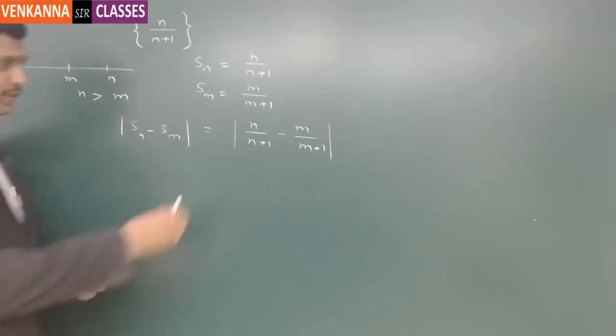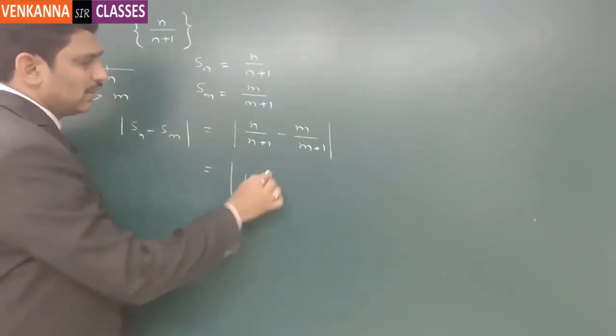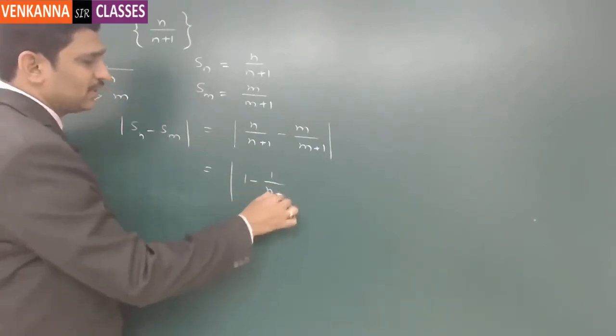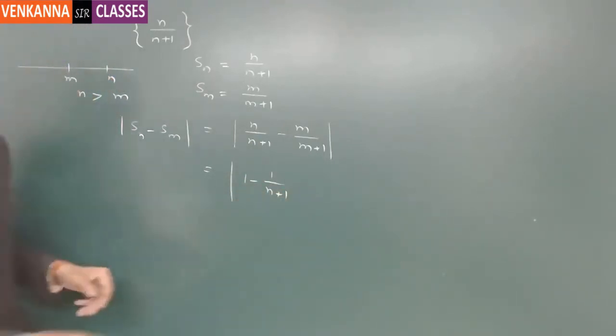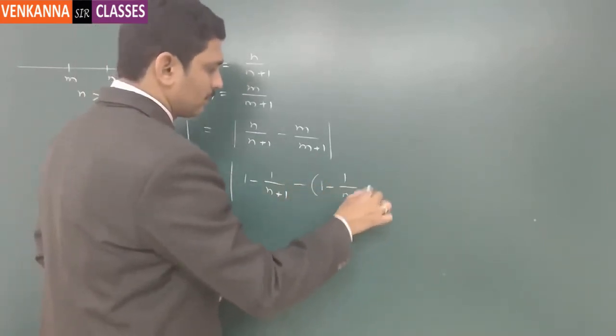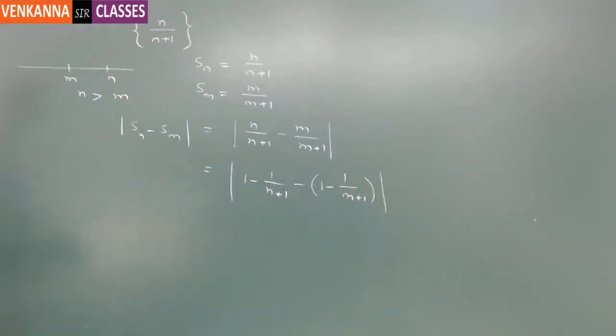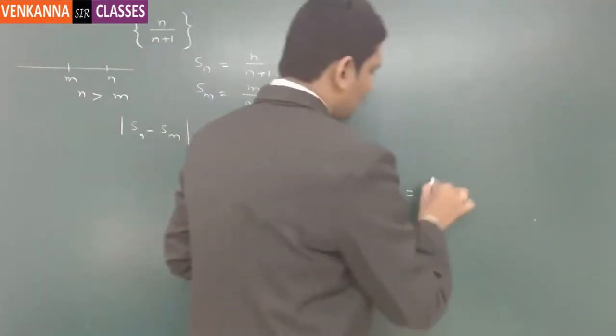Here you can simplify this part as 1 minus 1 by n plus 1, and this will be written as 1 minus 1 by m plus 1. Yeah. So then what happens? The modulus will become